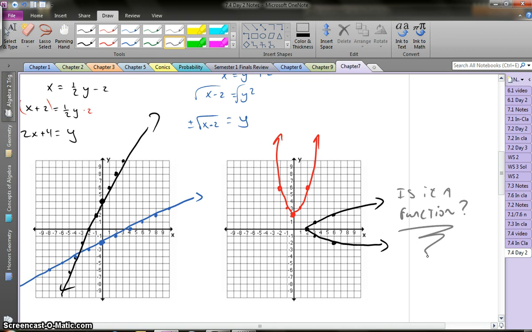And tomorrow in class, we're going to start here. We're going to talk about these parabolas in this graph and talk about a test that we can use to determine if that is a function or not. And that'll be part of our quiz and test. Not only will you have to graph the inverse function, but you have to decide, is it a function or not. So we'll start there,